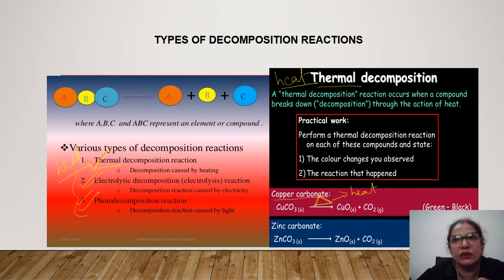it tells us under what circumstances the substance is breaking or splitting into various substances, decomposing. Let's start using the word decompose more often. So copper carbonate decomposes into copper oxide plus carbon dioxide. Copper oxide is green black in color. Then zinc carbonate, again in the presence of heat, will form zinc oxide plus carbon dioxide. So these are the examples you can use for thermal decomposition. I repeat, thermal decomposition is decomposition of a substance in the presence of heat. So heat is the condition required for the reaction to proceed.